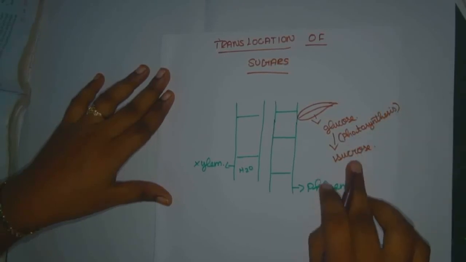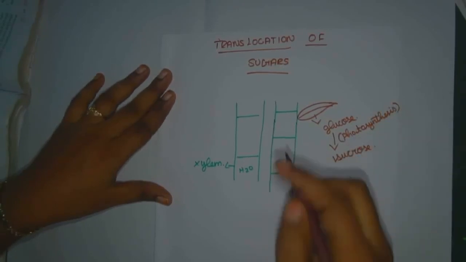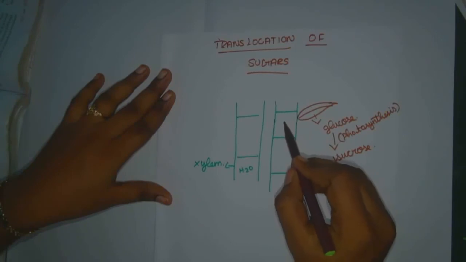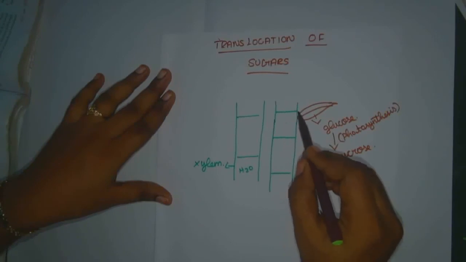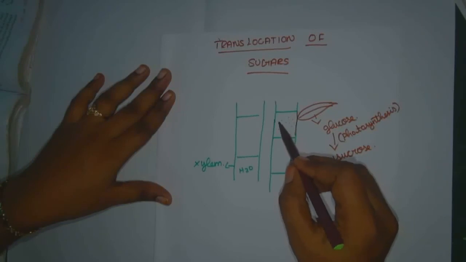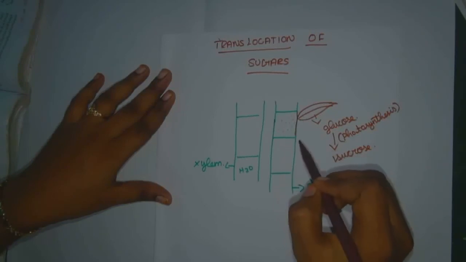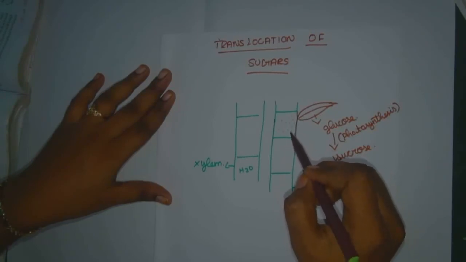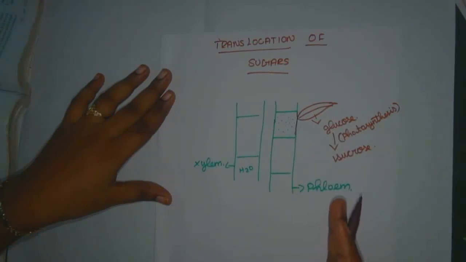At photosynthesis time, they are converted into the form of sucrose, and now the sucrose particles enter into the phloem part by the companion cell. Through the companion cell, they enter into the phloem part by osmosis. We already said what the meaning of osmosis is: the moving of molecules from a higher concentration to a lower concentration.